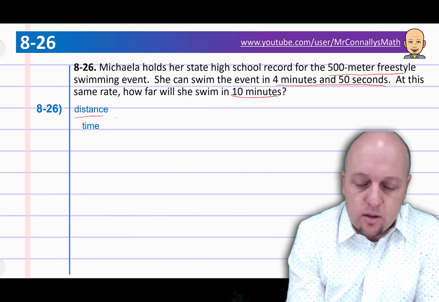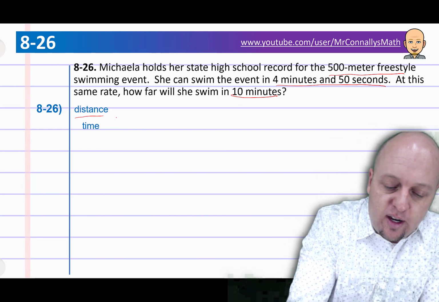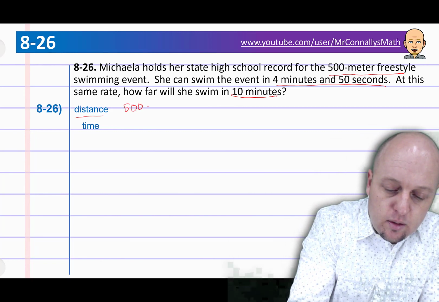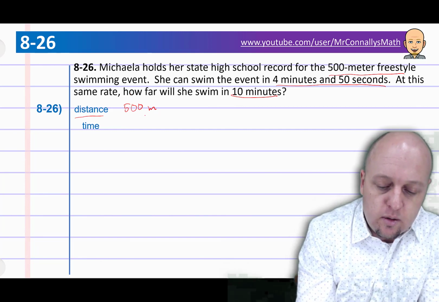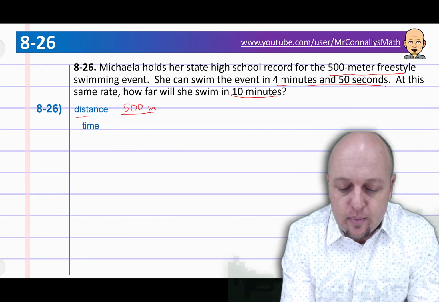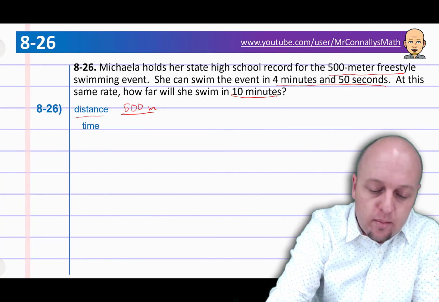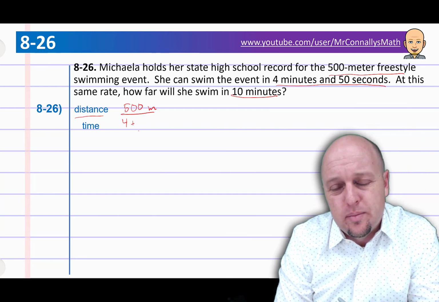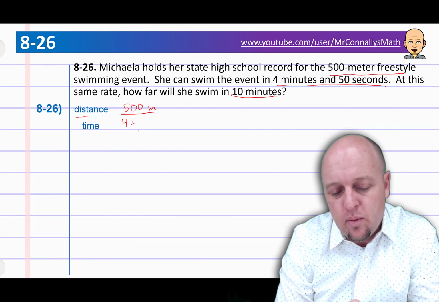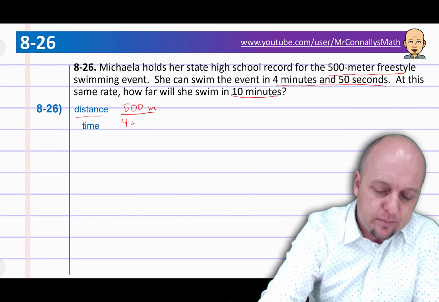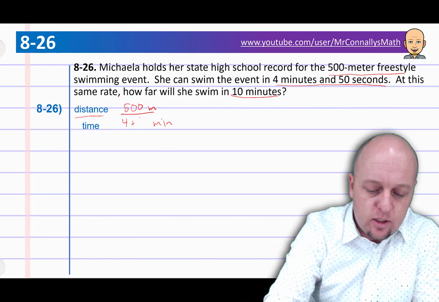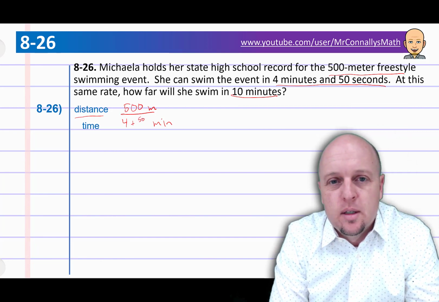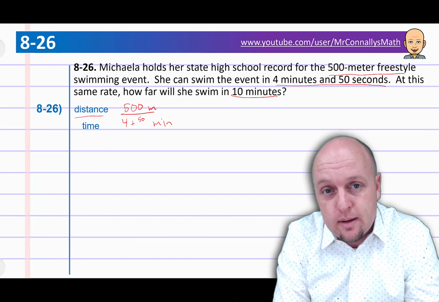That sounds right. So the distance would be, in this case, she can go 500 meters. And then on the bottom, she did that 500 meters in 4 minutes plus 50 seconds. Now, 4 minutes and 50 seconds, how are we going to measure this? We're going to do it in just minutes? If we do it in minutes, then what do we do about the 50 seconds? We can't just say plus 50 because that would be plus 50 minutes. So what is a second in relation to a minute? Well, we know there's 60 seconds in a minute, so really